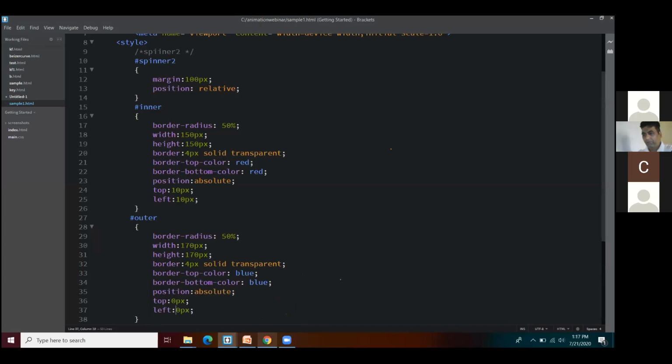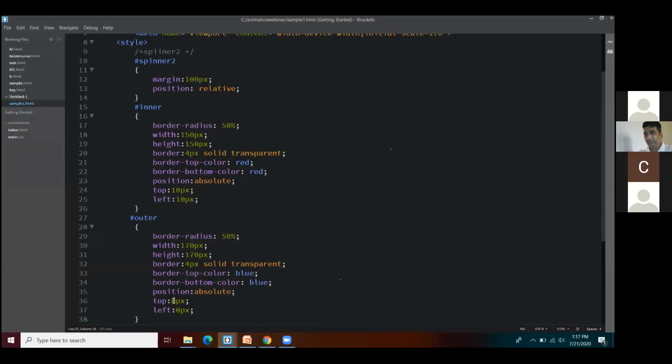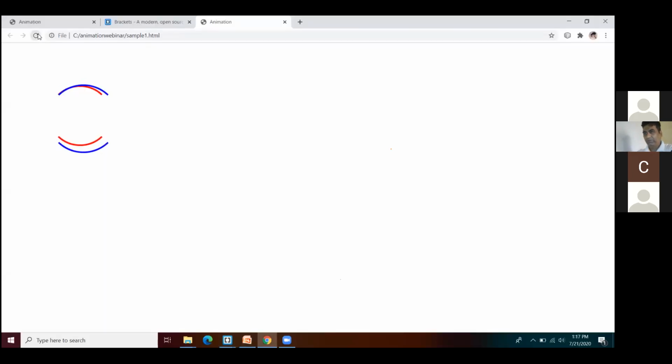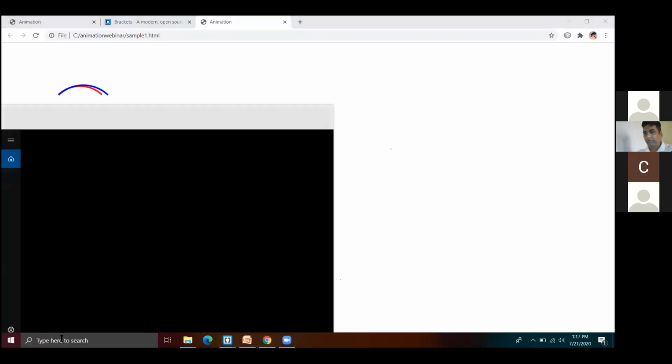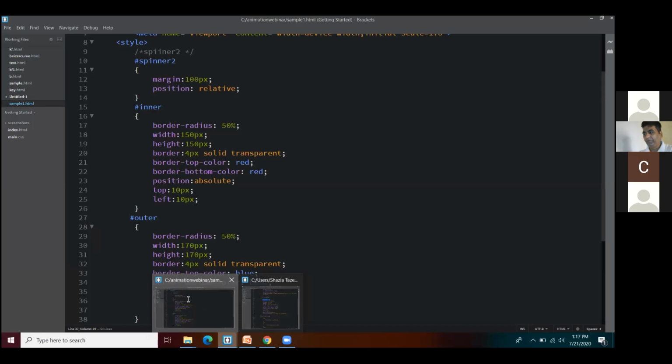The top value, from 10, I'm making it 0. You can try out various things to set it, like you can try with 8 pixels and check out the positions, how the circles are coming. So set it according to your need. So this is 8 pixels. Setting it to 0 so that it comes one upon the other.